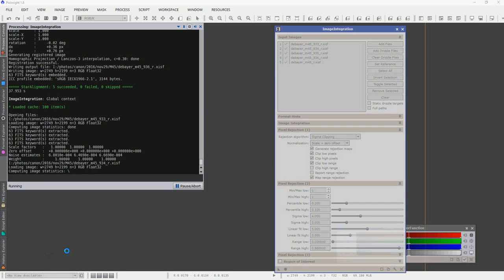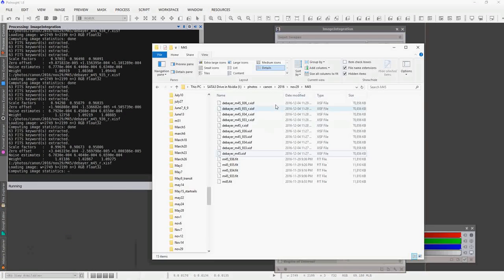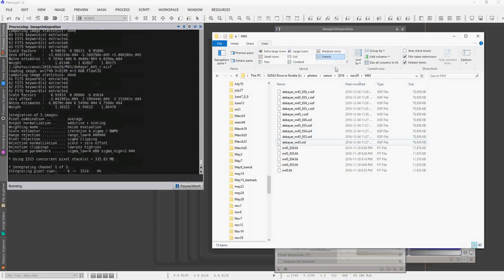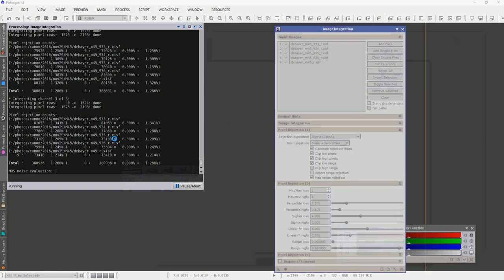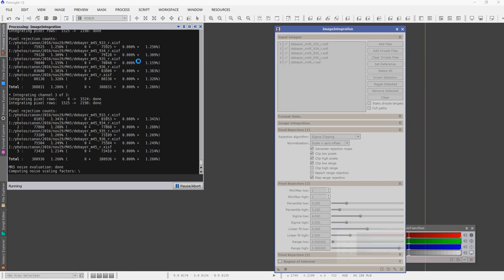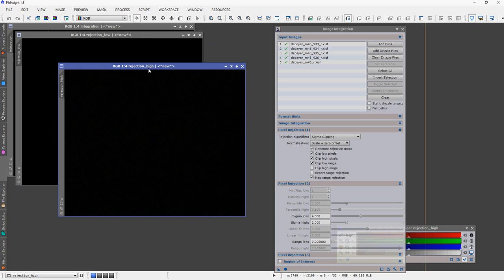What this does is it creates a single output, single image. So while it's doing that, we'll take a look. See, there's nothing happening here yet. Almost ready. As you can see here, it's comparing all the 5 files, looking for the variances. And here we go. So this is the pixels on the high side that were rejected, which I set with